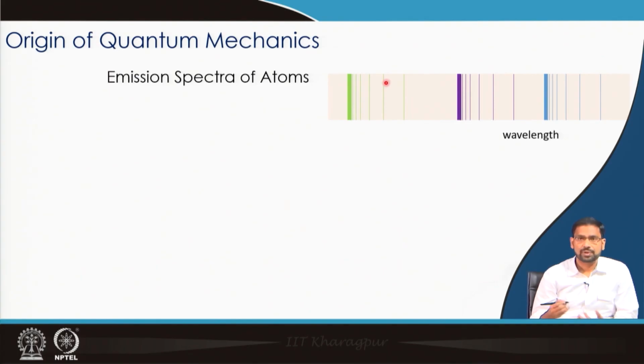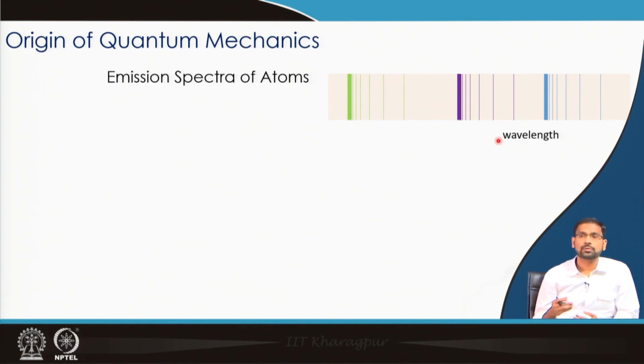For hydrogen atom, when the emission spectra were recorded, it was very puzzling, but as you know the story, there were Lyman, Balmer, Paschen and so on. They could fit one group of lines by using some equations, and finally Rydberg came forward and gave another fitting to another equation that could reproduce all these bands together in case of hydrogen atom's emission spectrum. So using Rydberg's formula, we could actually obtain one-to-one correspondence with this emission line, but that did not give us any physical